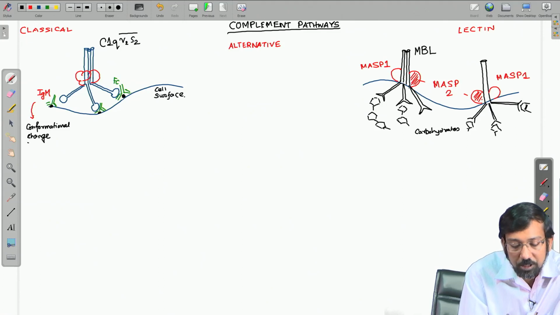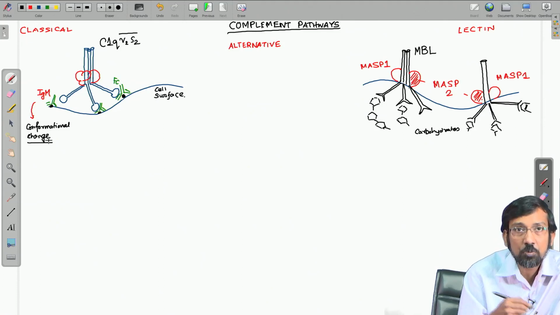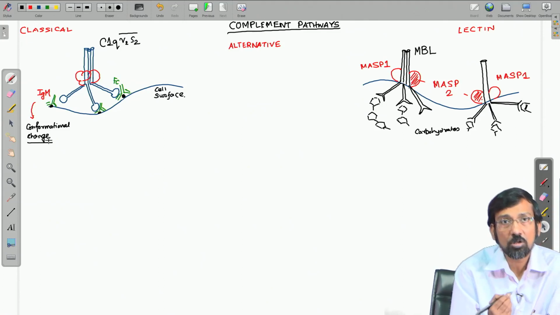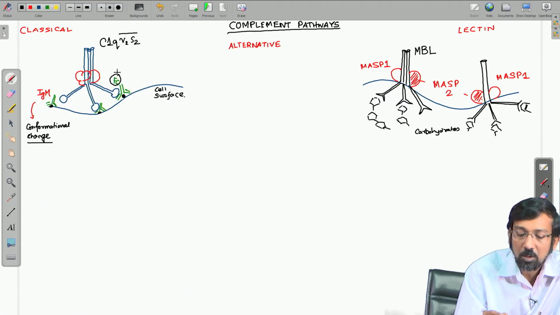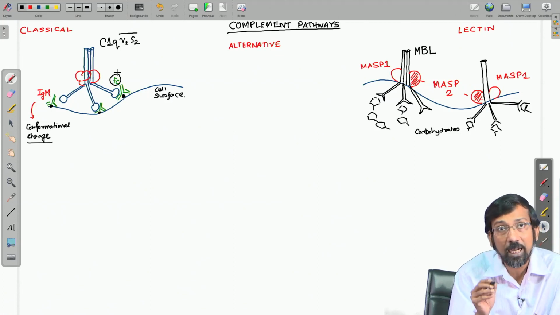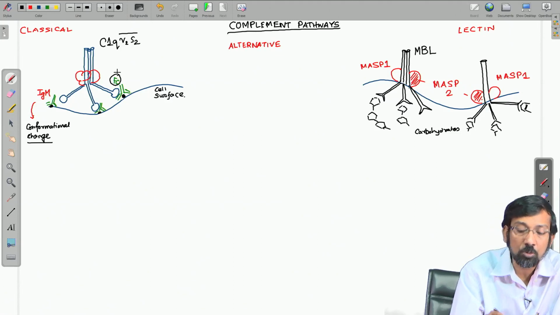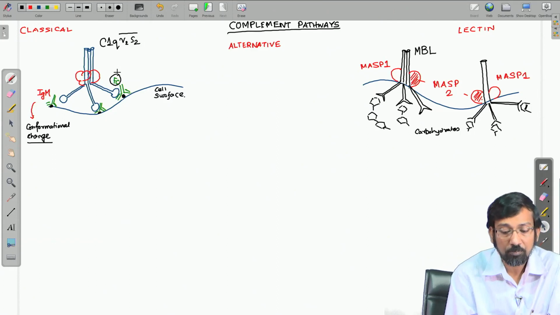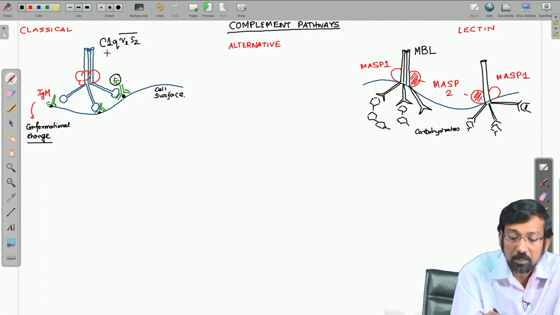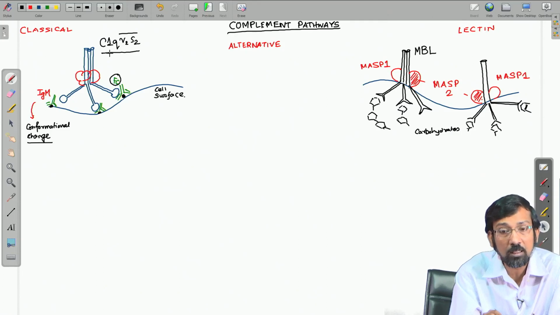And this conformational change exposes regions on the Fc region of the antibody. So, this Fc portion of the antibody has binding sites for the complement proteins. Now, to which complement protein? It binds to the complement protein whose name looks very complicated. If you look, it is the